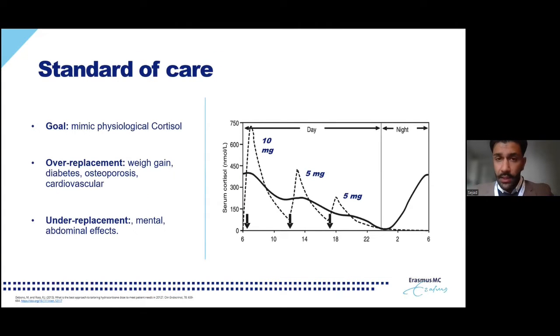And the standard of care for these patients right now, I will dive a bit deeper into the graph, which is shown on the right side here. In this graph, you can see on the y-axis the serum cortisol plasma concentrations, and on the x-axis you can see the time starting around 6 a.m. And the black line is the cortisol plasma concentration in healthy individuals. As you can see, it starts high in the morning, and it gradually goes down during the day and going up again at nighttime. So the treatment goal for patients who do not produce their own cortisol is to mimic